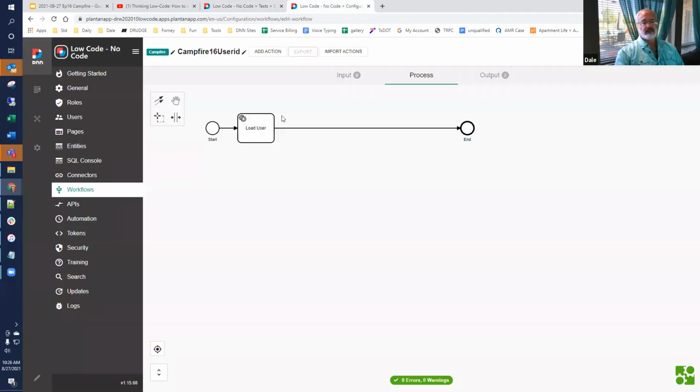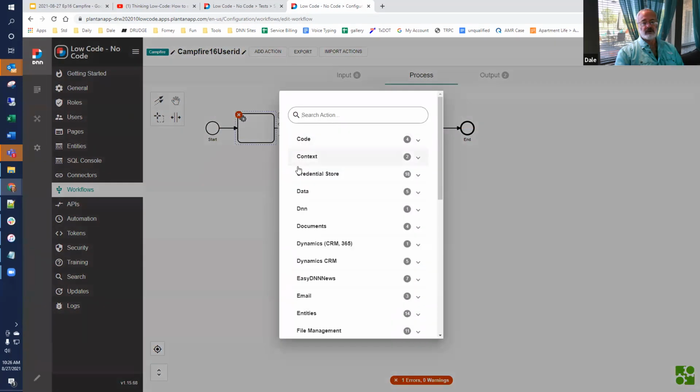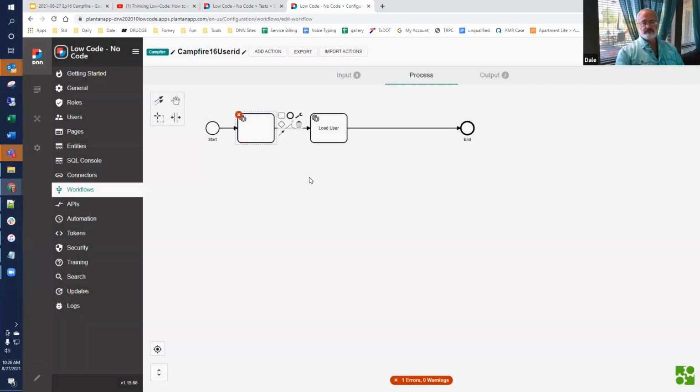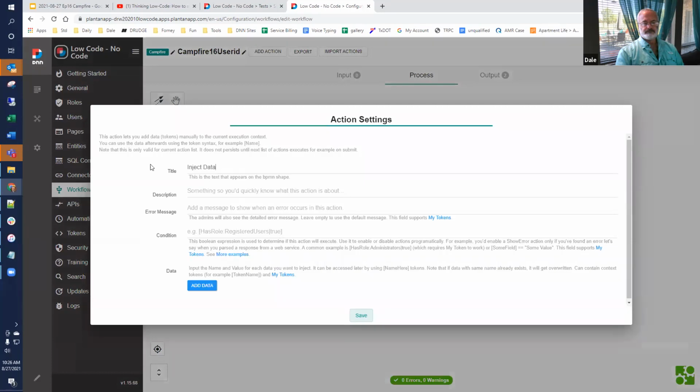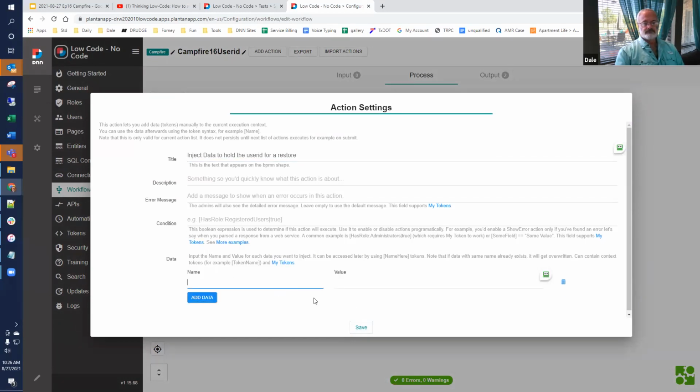So now, final test, if we save on our way in, we set it.